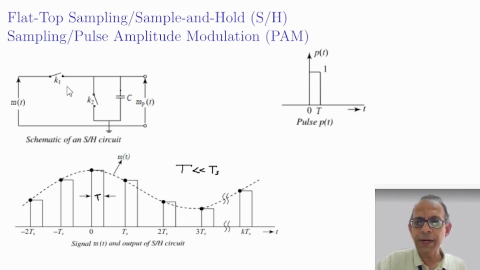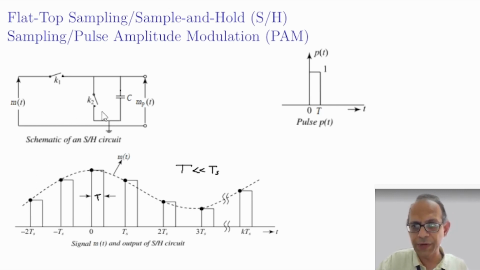K1 is again open, K2 remains open so that the capacitor voltage is held constant for capital T duration, and then K2 is closed momentarily so that the capacitor gets discharged, and K1 and K2 are again open so that the capacitor voltage remains 0. Again after Ts, the whole process is repeated,